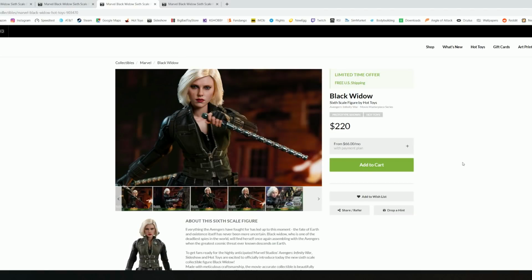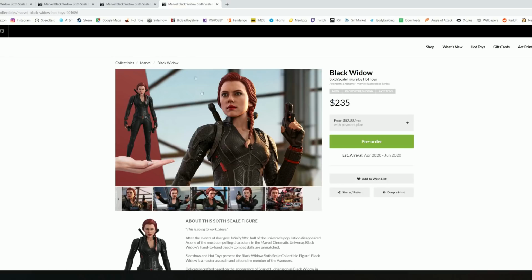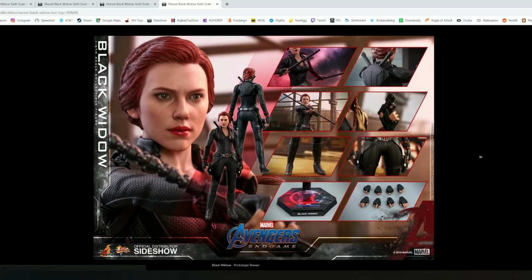Now, the Avengers Endgame Black Widow is going for 235. And I stand before that single Hellskull figure with minimum accessories, I would allow 235. So I think this figure is beautifully priced. It's right on the dot. It is not cheap, it is not expensive, it is as much as I was expecting it to be, and there it is, 235. Not a crazy ton of accessories, but a fair amount of accessories, a lot of great